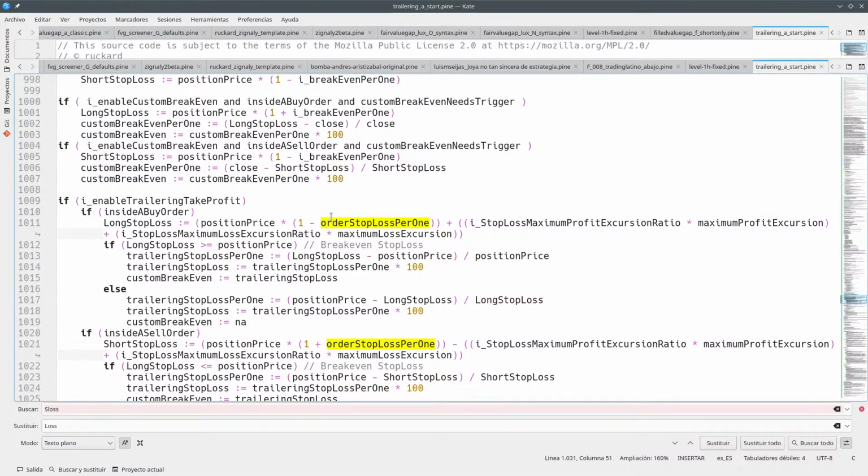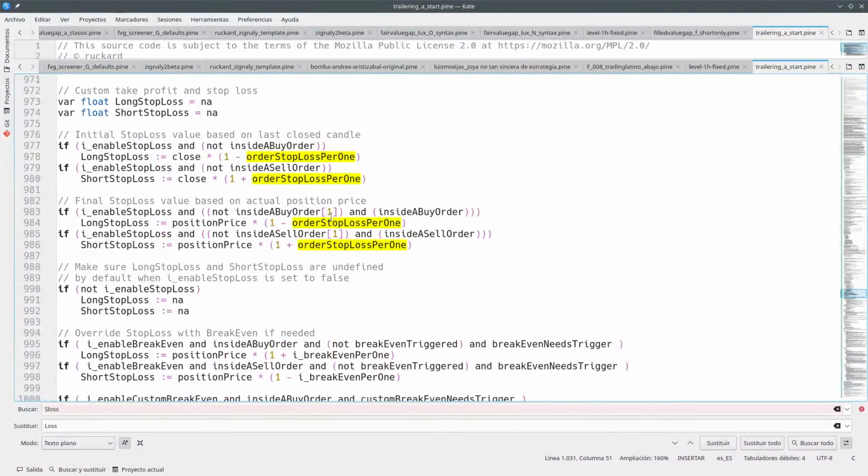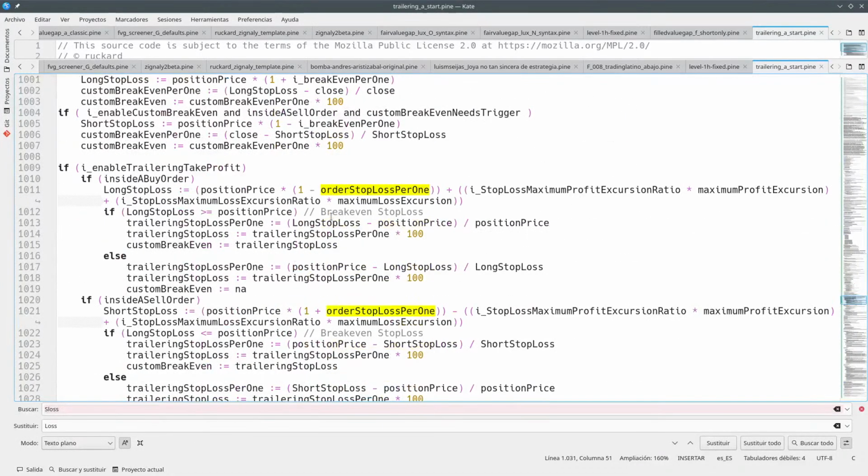Yeah, okay. So my question is, how do we deal with this? Should we have initial long stop loss, initial short stop loss, and that's it? Because otherwise, inside the buy order,